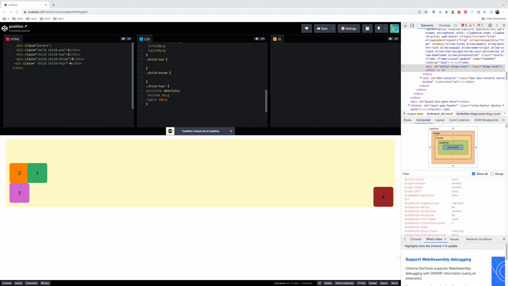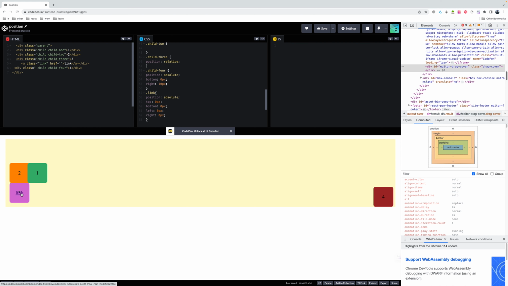What else can we do with absolute? Expand the link. Let's add a link in child 3. As you can see, pointer is only on link now. Let's add styles. As you already know, we should add position relative to link's parent. It works, but it looks bad, because absolute removes link from the document flow.